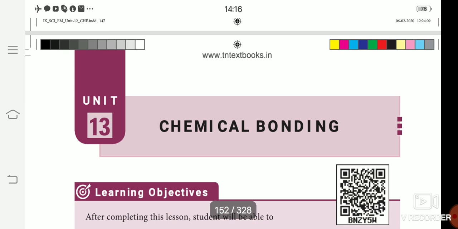So what is the atomic number of boron? Yes, 5. So its electronic configuration is 1s2, 2s2 and 2p1. Then the fluorine atomic number is 9, and its electronic configuration is 1s2, 2s2 and 2p5. Okay, so nitrogen donates the 2 electrons. Two means a pair, so the electron pair.